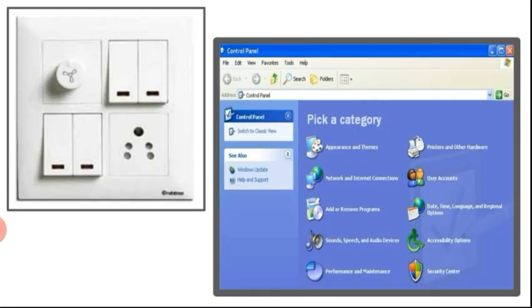Students, there are two pictures. As we see in our home, in a room we have a switchboard from where all lights, fans, TV, cooler, etc. are switched on and switched off. This is the electrical control center of the room from where we can control the electrical setting of our room. But in second picture students, in the same way we have a control panel in the Windows operating system of our computer from where we can change the hardware and software settings of our computer. Clear students? So let's see, I am going to discuss about different options of control panel.